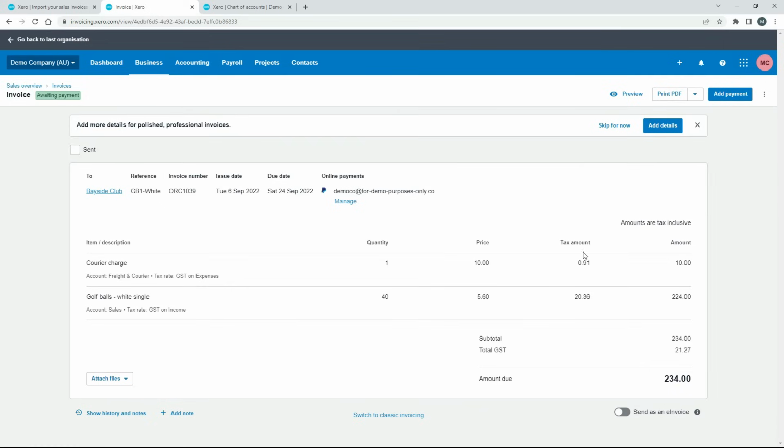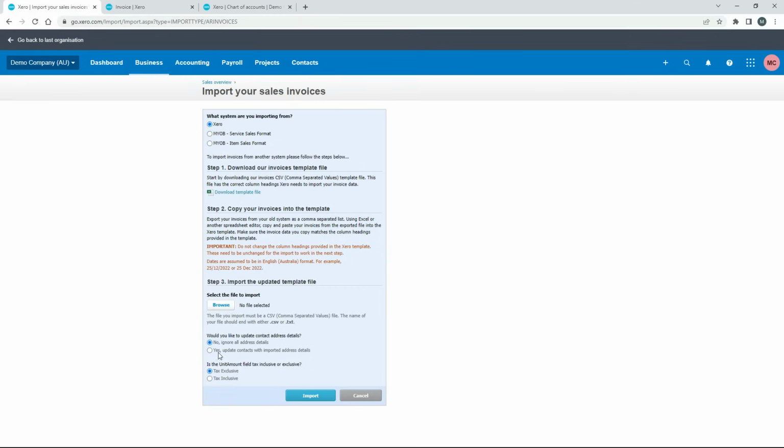So that's the GST there, which is 1/11th, and then that's the total amount. So if this invoice was tax exclusive, that would be $10 plus 10% GST. So that would be another $1 there, and the total amount would be 11. So you've just got to make sure that you choose the right one down here and that you type the